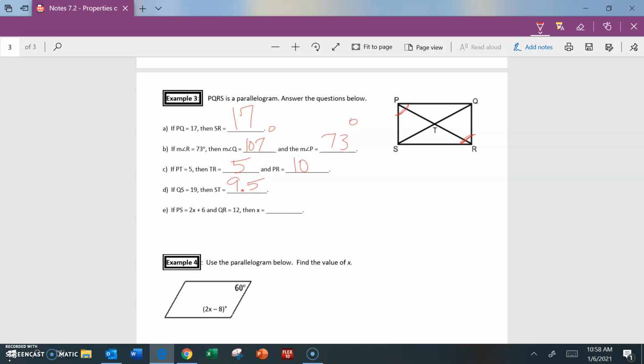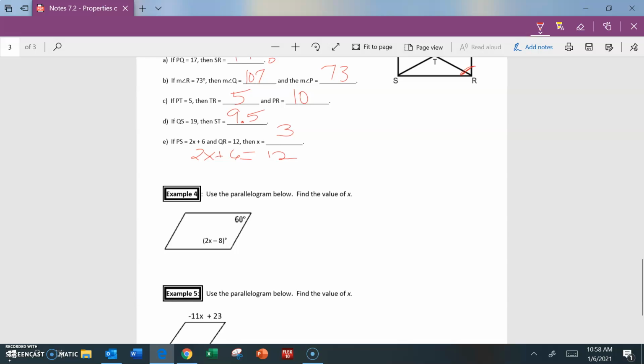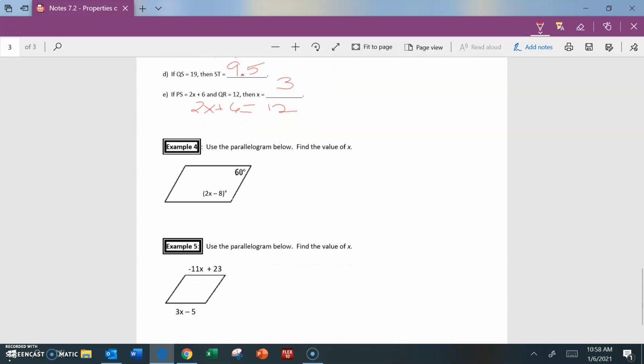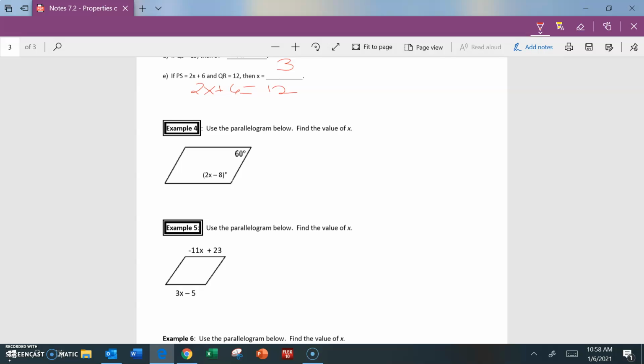And then for E, PS and QR, because their opposite sides are equal, I'm going to set those 2 expressions equal to each other. And when you solve that little 2-step equation, you should have gotten x is 3. Okay? So pretty straightforward. I don't think these are hard examples. It's just really trying to process those properties. So example 4. What's given,